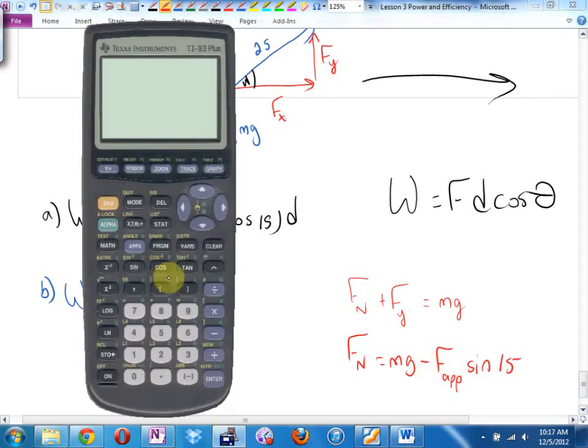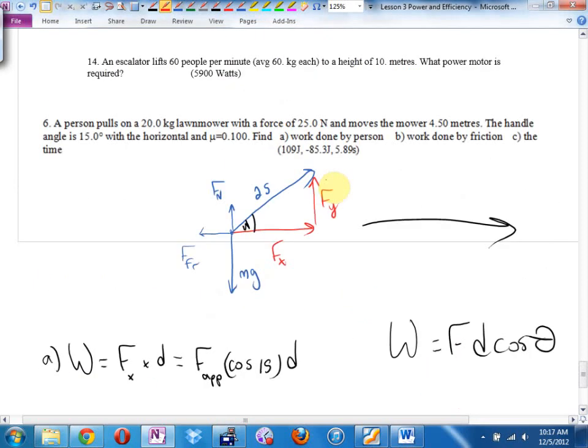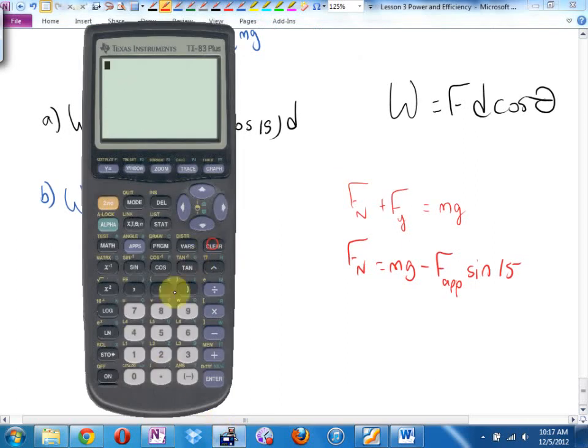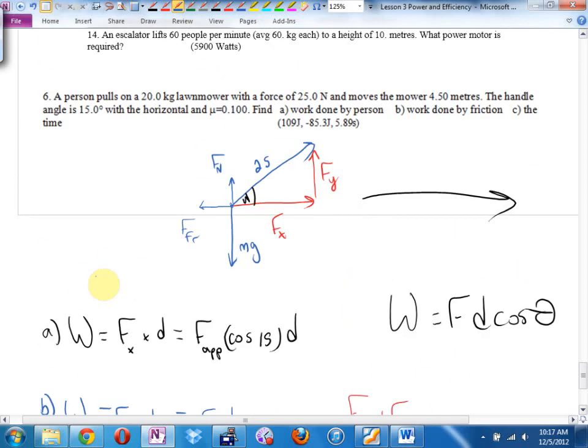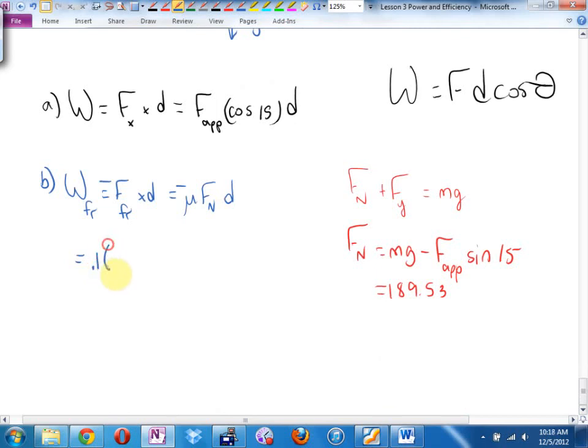I'm going to just quickly crunch the numbers. What was the mass? It was 20 times 9.8 minus 25 sine 15, and you get a normal force of, how about 189.53? That's a good one to round off to. So the work done by friction is going to be, what did I say mu was, 0.1? Normal force is 189.53, and the distance is 4.5. And that's where you get the negative because you're losing energy,